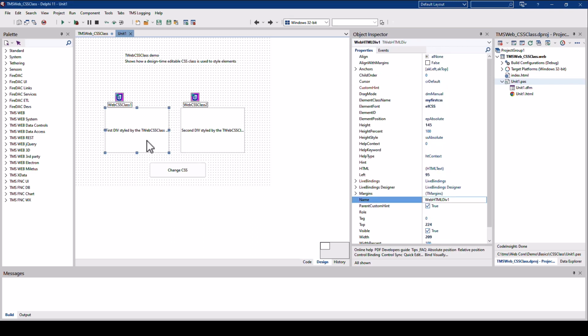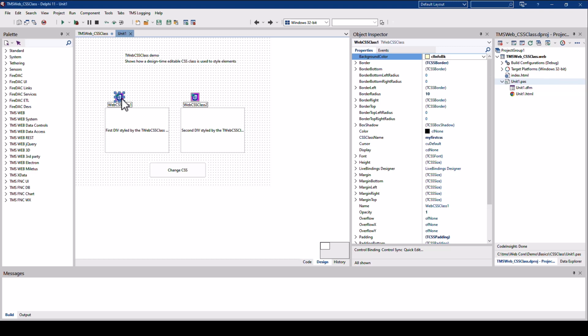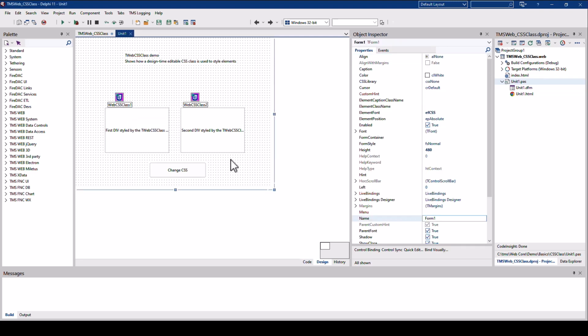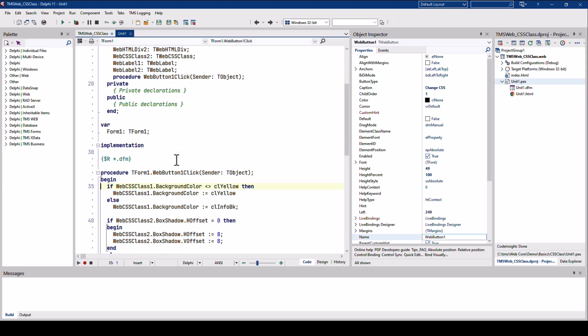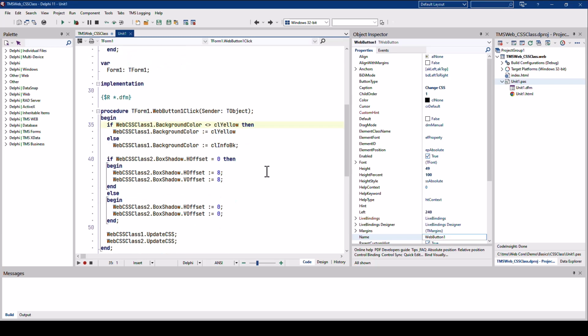Let's look at this div, for example. What is the CSS class name that is being used? MyFirstCSS. So this way you can tie any user control on the form editor to the new TWebCSSClass. Naturally, as this is Delphi, you can access all the properties at runtime. So looking at the Change CSS button, you find examples of how to influence the settings of each of those CSS classes.